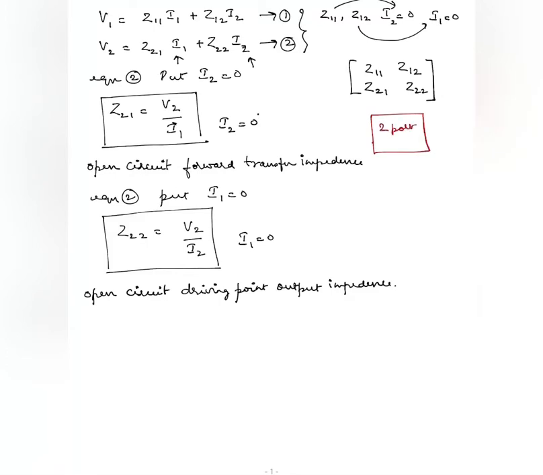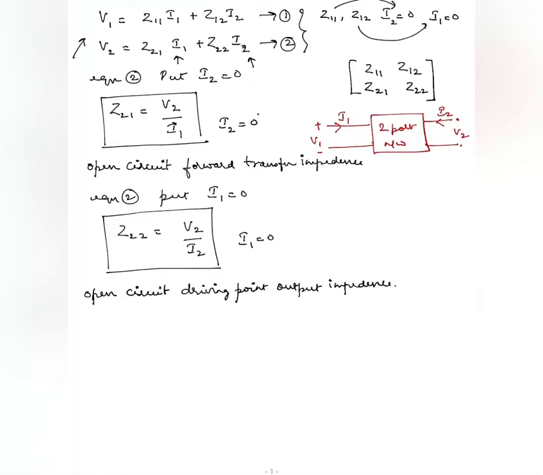Two-port network, that is, it will have V1 and I1 as input parameters, that is input voltage and input current, and V2 and I2 as the output current and voltage respectively. Now, this can be simplified in terms of Z parameter. So the equivalent network of two-port network in terms of Z parameter will be written from the basic two equations which are mentioned here.